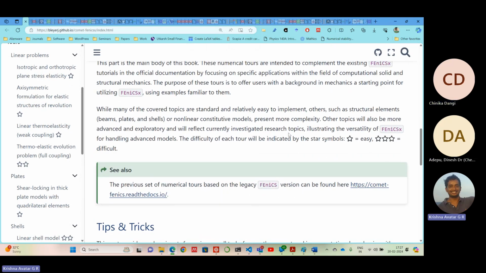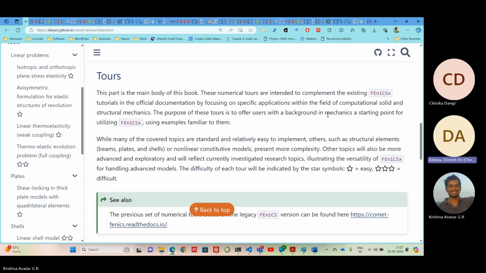Yeah. So based on specific applications within the field of computational solid and structural mechanics. So the purpose of these tools is to offer users with a background in mechanics a starting point for utilizing Phoenix. While many of the covered topics are standard and relatively easy to implement, others such as structural elements, beams,